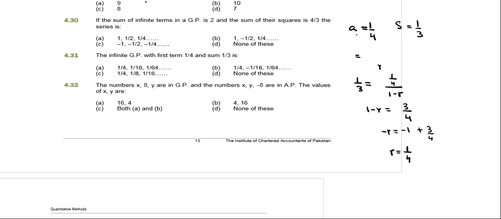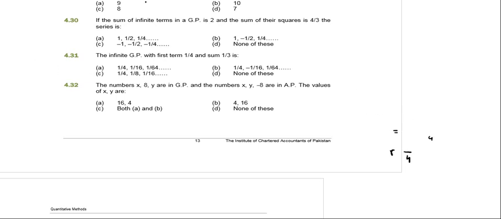Moving on to question 4.32. Question 4.32 says that the numbers x, 8 and y are in GP and the numbers x, y and minus 8 are in AP. The values of x and y are. The first three terms are in GP, therefore x, 8, y is a GP,